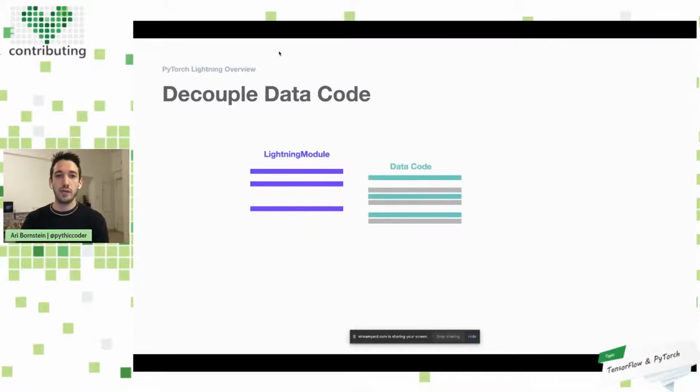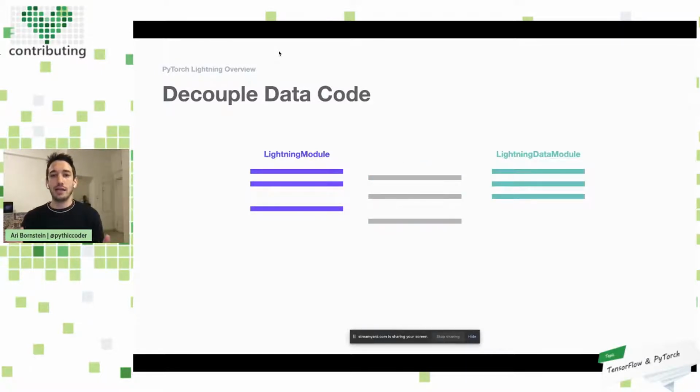The next step is our data code, and this is all the code for data pre-processing, and knowing how to do test and train splits. Because remember, if I take just a model from a model hub, I don't know how the data was processed for that model. So when I go to train that model on my own data, I might get different results. I can read through a complex research paper, but often a lot of that data isn't included in the research paper. So by abstracting that out into a Lightning data module, it becomes standardized.